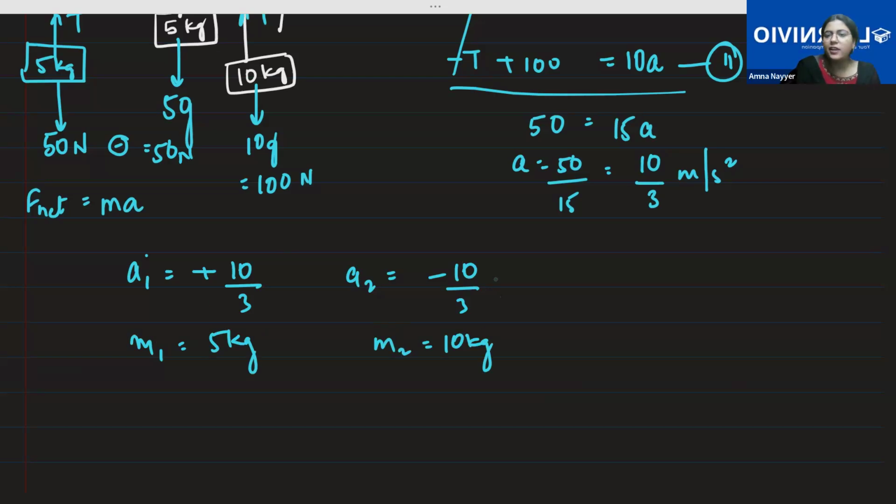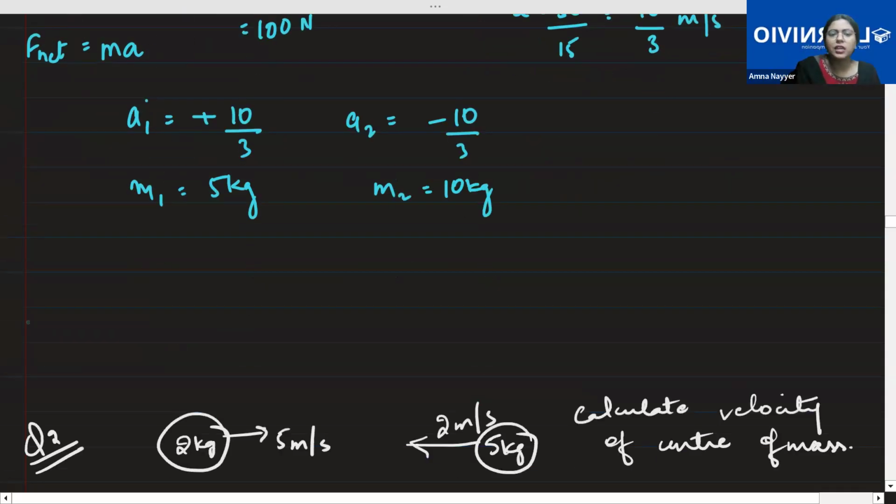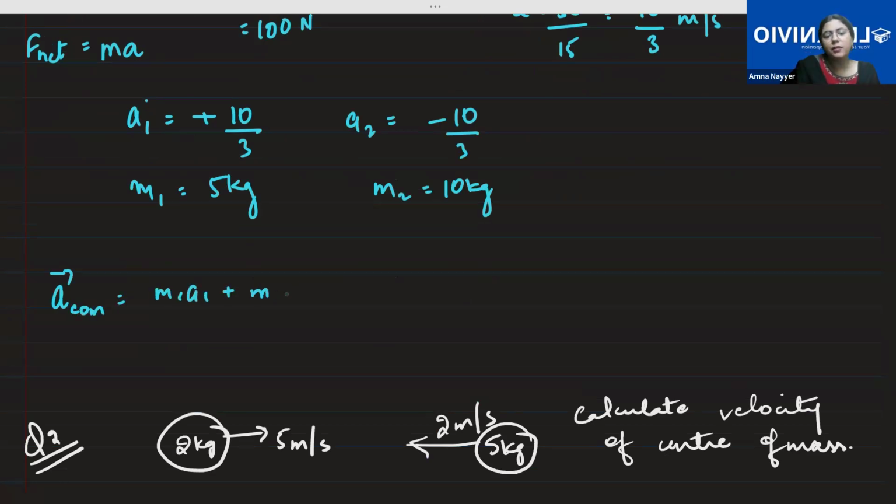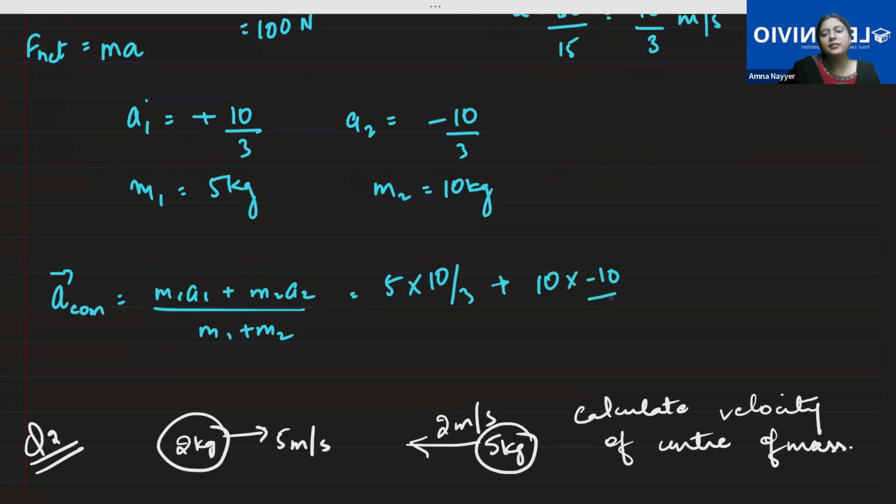Just to write this, we had to use the concept of laws of motion. And what did we study for acceleration of the center of mass? M1 A1 plus M2 A2 divided by M1 plus M2. This was the formula which we derived. We differentiated velocity, which was obtained by differentiating position. So 5 into 10 by 3 plus 10 into minus 10 by 3 divided by